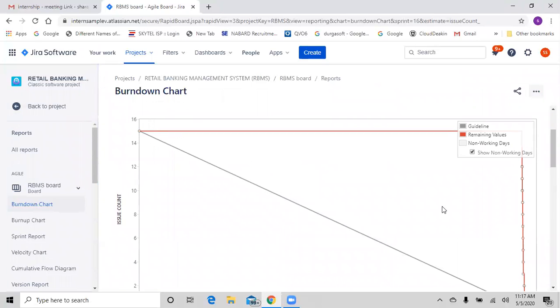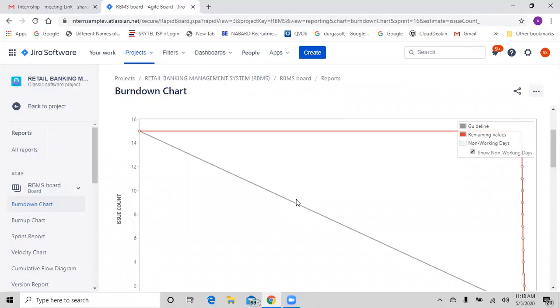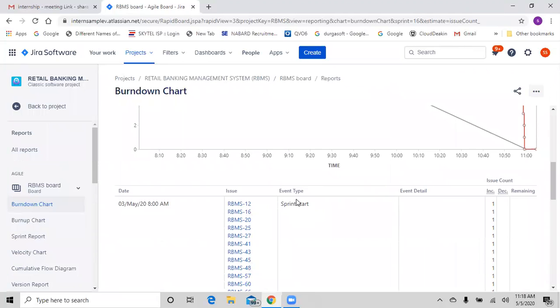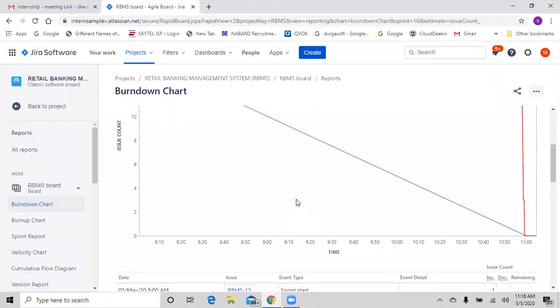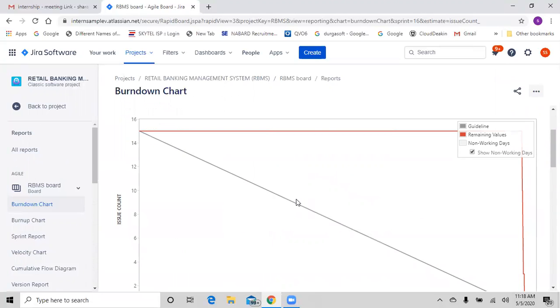This is sprint 2. Okay, sprint 2 is as per the plan. Yes, it goes up. So the first 3-4 hours we didn't do anything, correct? If I'm not wrong, right? Correct. So you understood how these burn down chart graphs work now?